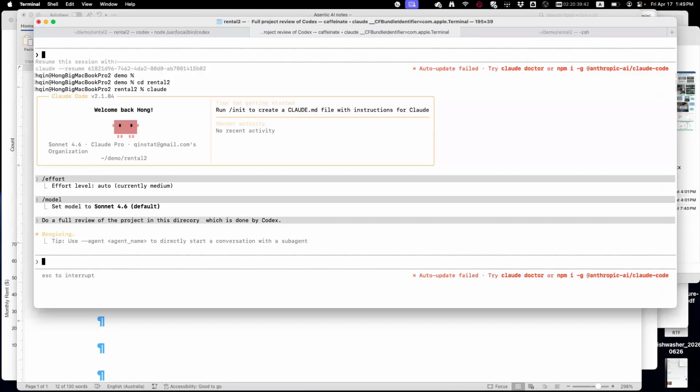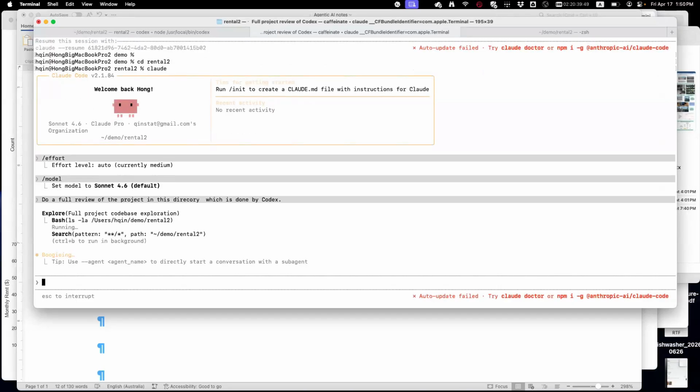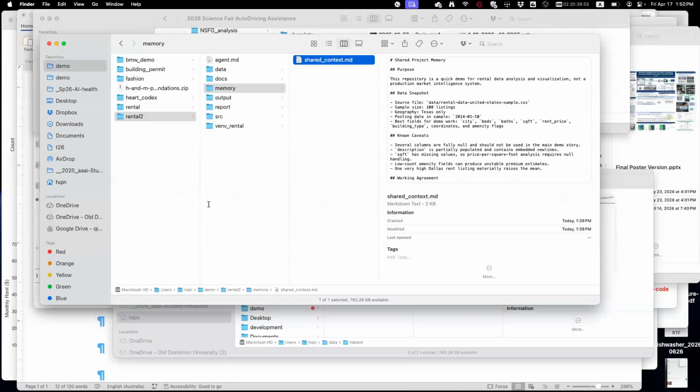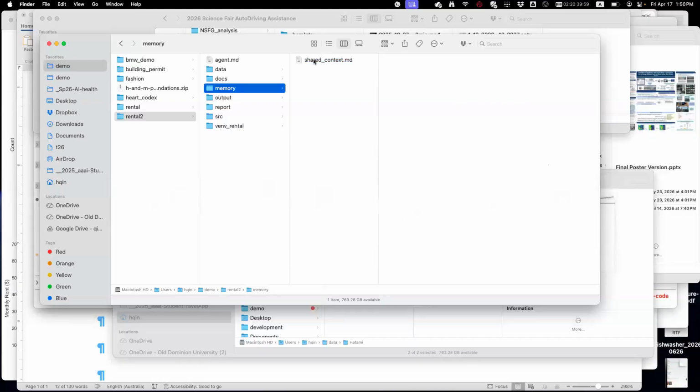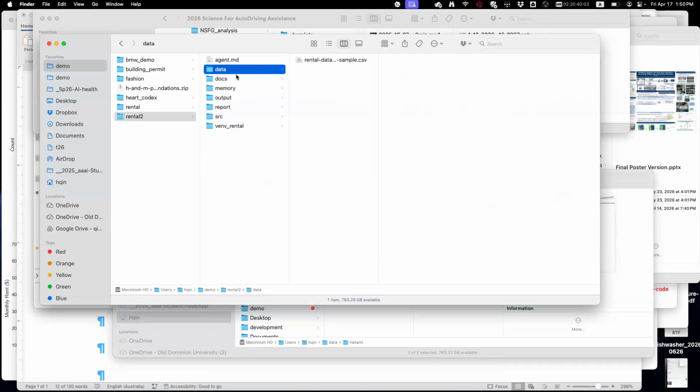So, question for you. In this case, you did not provide any context information, so you're assuming that Claude Code knows what the original query about analyzing the vendor data was all about? Here's the key. Codex saved everything here. The agent MD, the data, the docs, the memory are all in the same project directory, so it will read all of it.